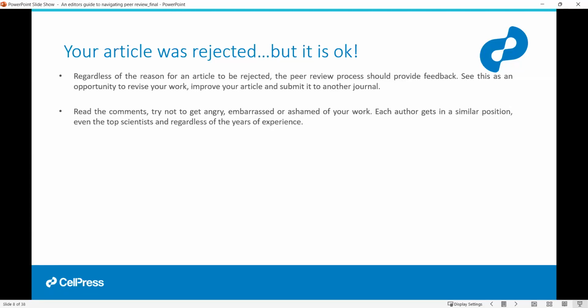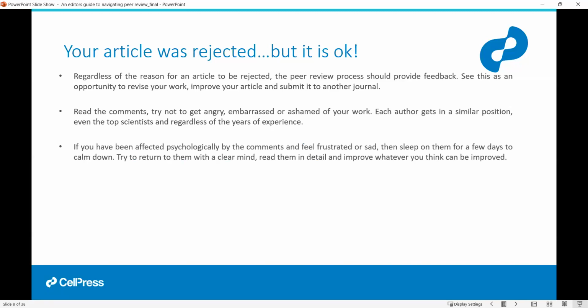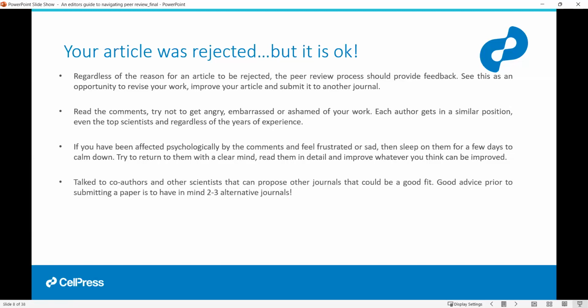Each author gets in a similar position, and always remember that even the top scientists, regardless of their years of experience, have gotten rejection decisions before. If you have been affected psychologically by the comments and feel frustrated or sad, that is okay. Sleep on them for a few days to calm down before you reply. Time to return to them with a clear mind, read them in detail, and improve whatever you think can be improved. Talk to your co-authors if you have, and other scientists that can propose other journals that could be a